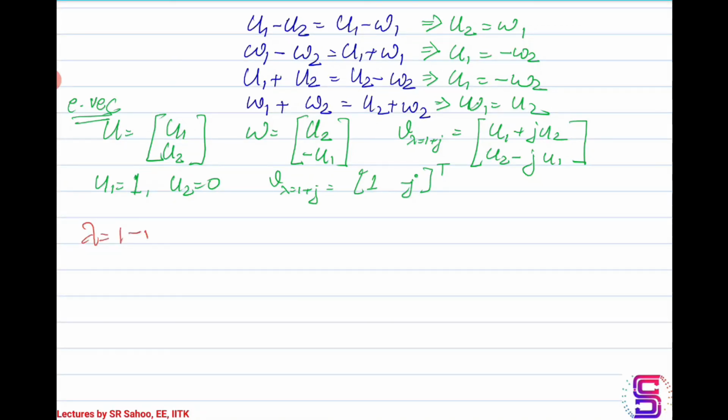Now what is the eigenvector corresponding to lambda equal to 1 minus j? Okay, for that we'll revisit the relationship Av equal to lambda v. So we have Av equal to lambda times v. Now A is a real matrix, so take conjugate on both sides. If you take conjugate on both sides, what you get is A v star is going to be equal to lambda star v star, right? So this essentially indicates that